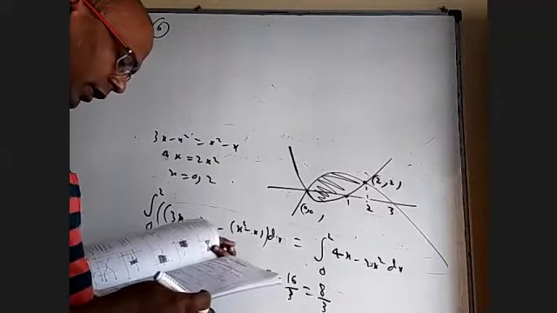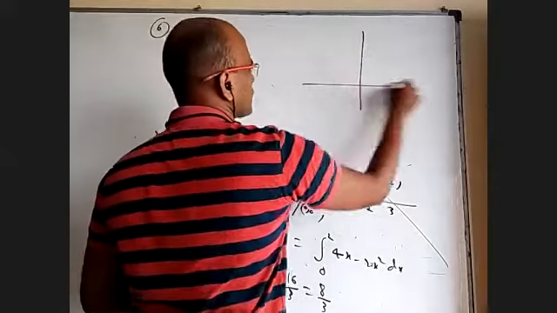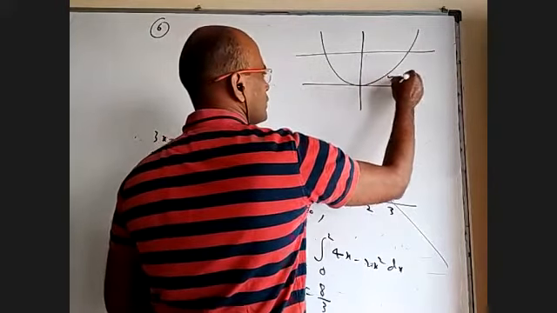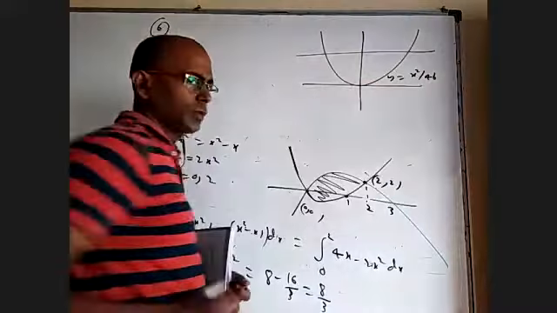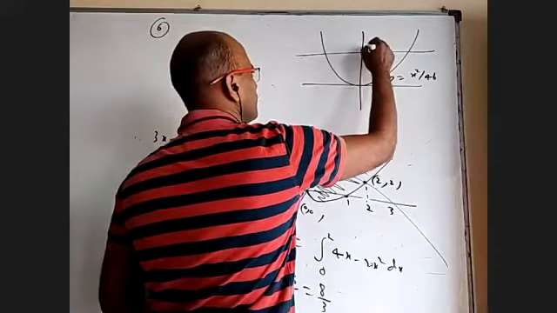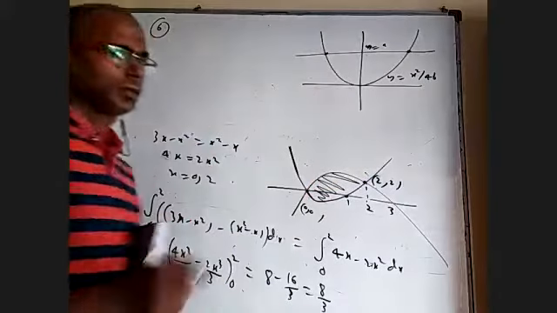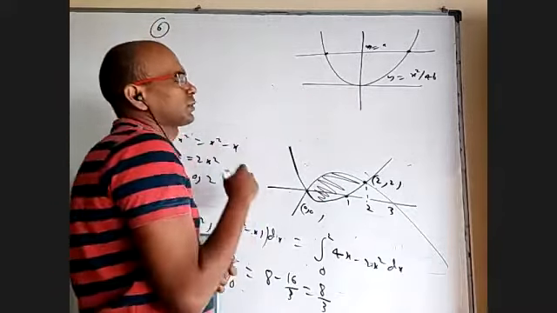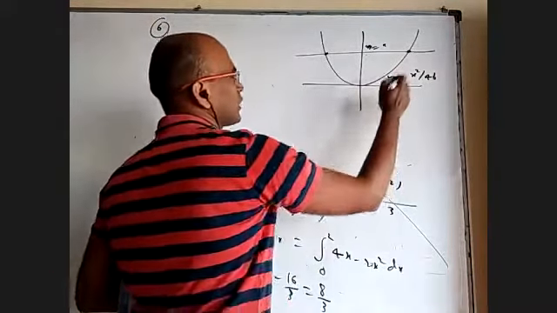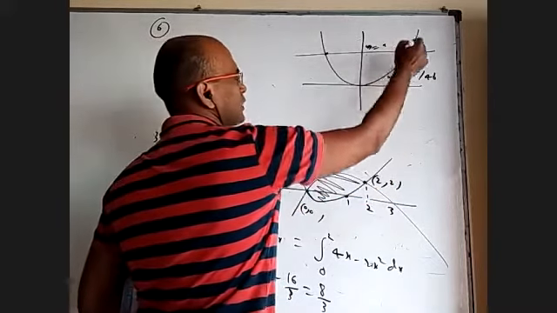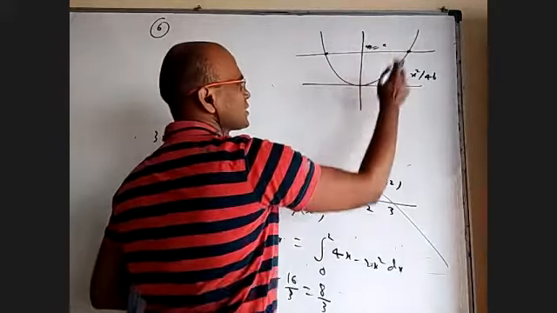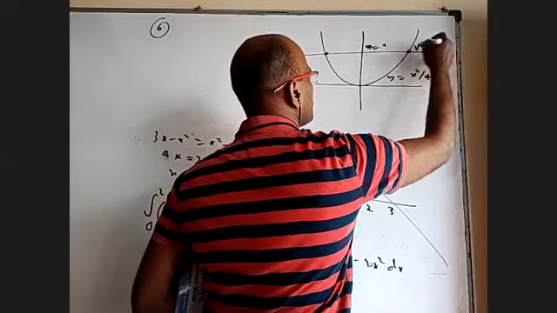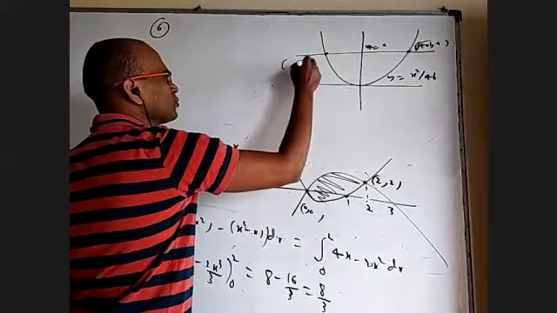X square equal to 4by is an upward parabola and y equal to a is a horizontal line like this. So this is y equal to x square by 4b, that is a parabola. This is y equal to a. I can do integral 0 to a right curve minus left curve, or I can do upper minus lower. If somebody wants, you can write this. We'll try to find these points. When you put x is a, y is a, x will be root 4ab. So this is root 4ab comma a. This is minus root 4ab comma a.